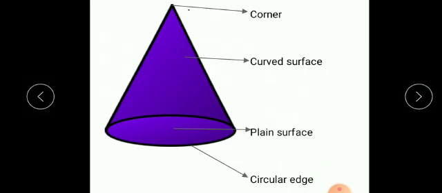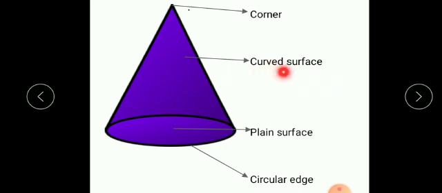Next, children, see this sloping surface of a cone. It turns continuously around. It is called as curved surface. This sloping surface is called as curved surface.